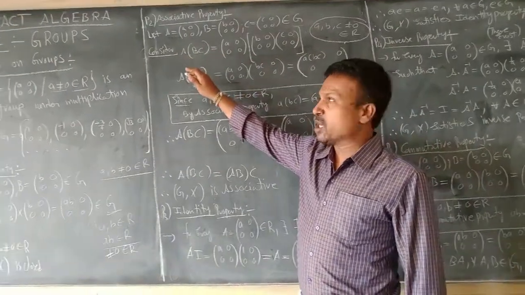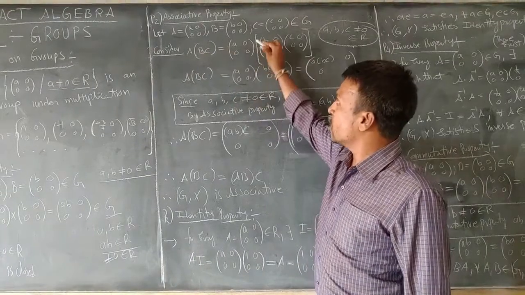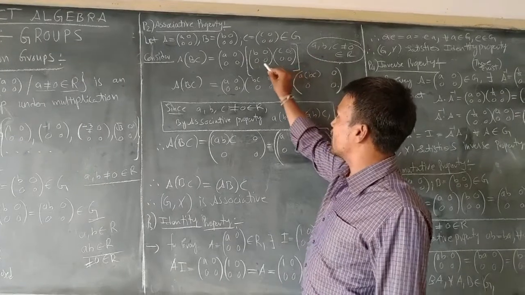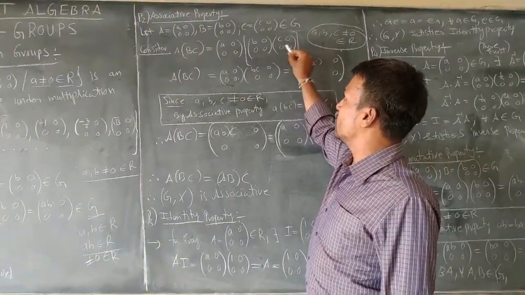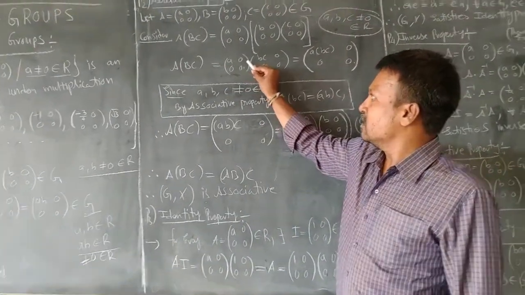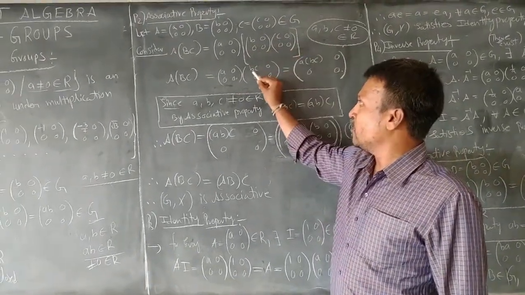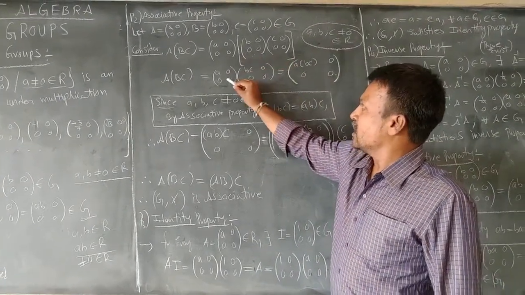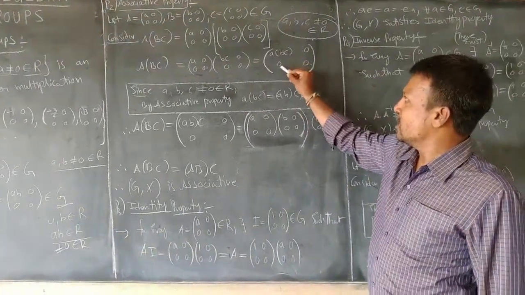So the left hand side of the associative property, A(BC), is equal to, instead of A, I have taken the matrix [a 0; 0 0], and instead of B and C in square brackets, I have taken those respective matrices [b 0; 0 0], [c 0; 0 0]. So on multiplication we get, on the right hand side, [a 0; 0 0] in square brackets. If I multiply these two matrices, it will be in the form of [bc 0; 0 0]. Again, by multiplication of these two matrices, we get [a(bc) 0; 0 0].